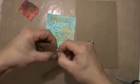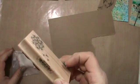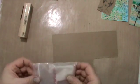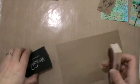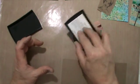It looks much better because I go over with distressing around the edges afterwards. So that's a Hero Art stamp. Really like this one. I can remember that's one of my first stamps I think I've ever bought. Liked it so much. So I use my anti-static bag, as you could see, and now I stamp it with